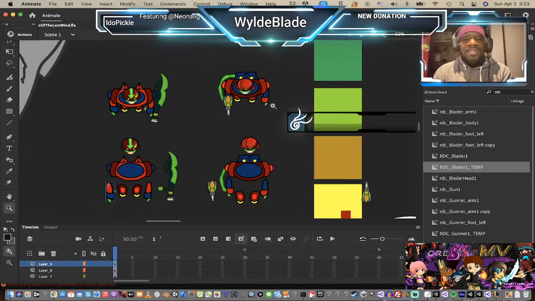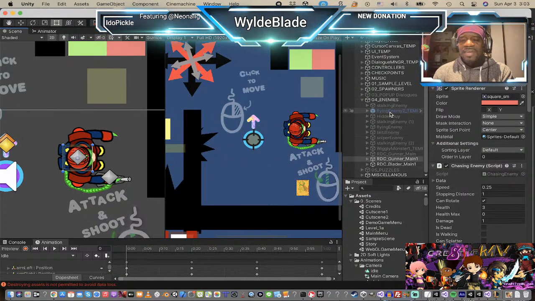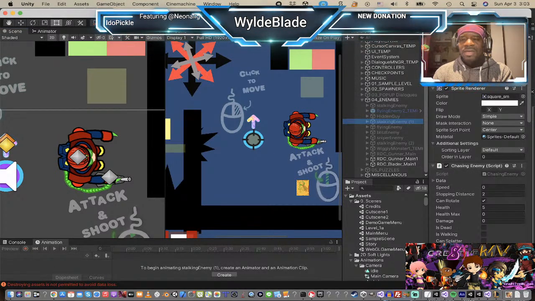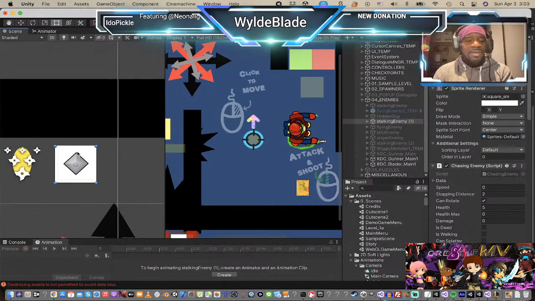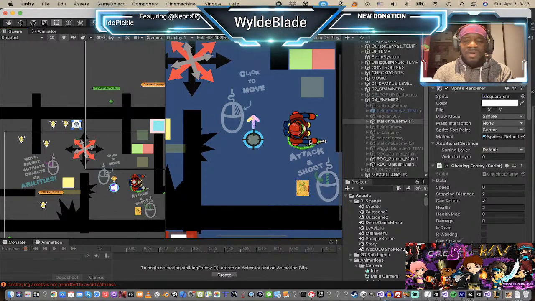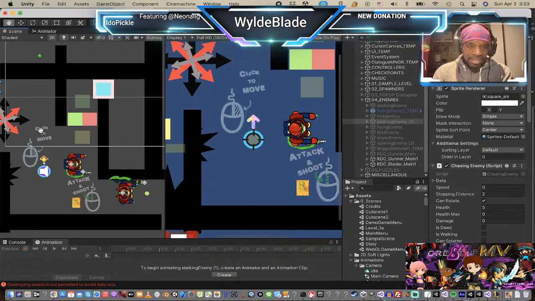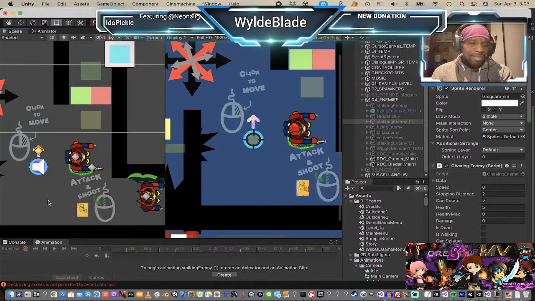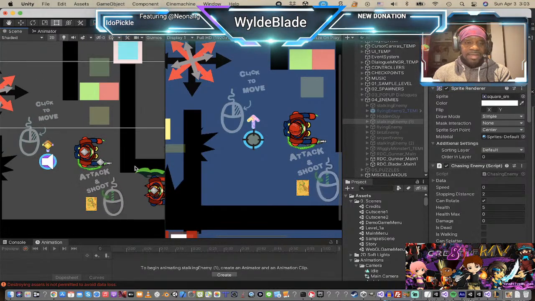So I set these guys up. In the actual game kit, we have temporary graphics. If I unhide this stalking enemy here and zoom in on that, for the sandbox we have just basic boxes, basic squares and stuff like that. But for the graphics, I was using these little temporary graphics. So now what we're doing is basically replacing all of the temporary graphics in the sandbox with real graphics that I'm designing in